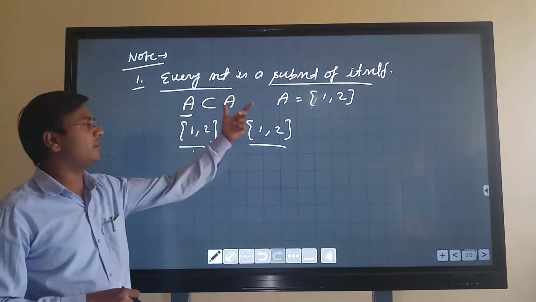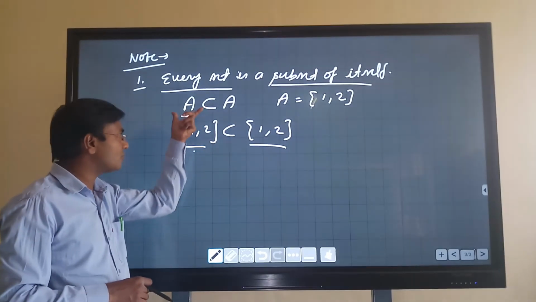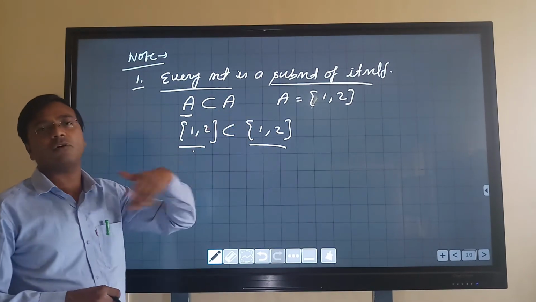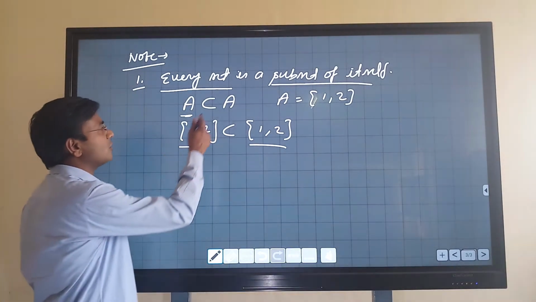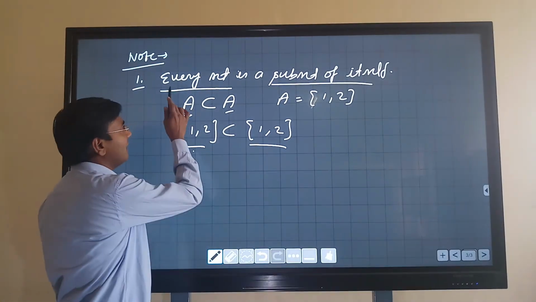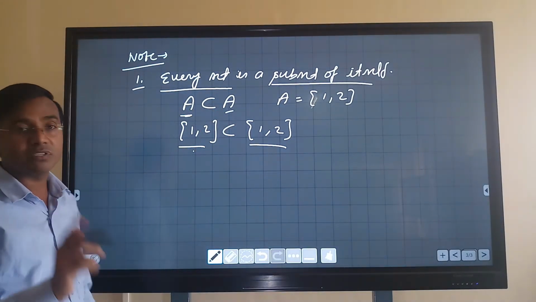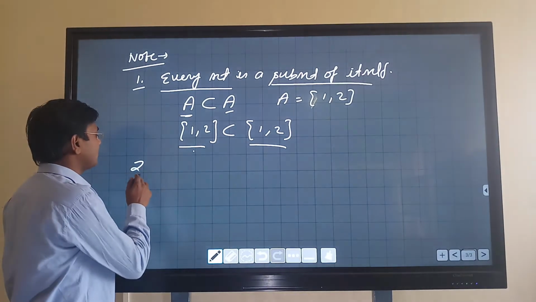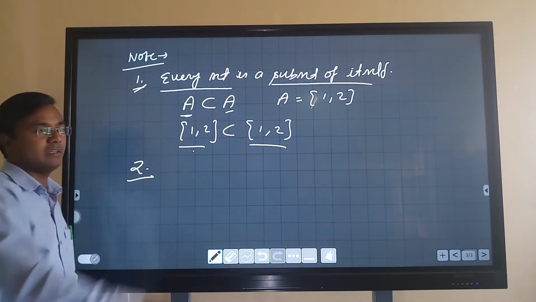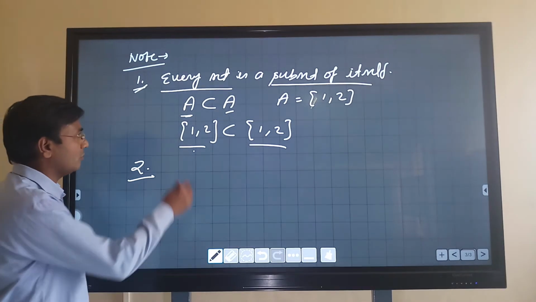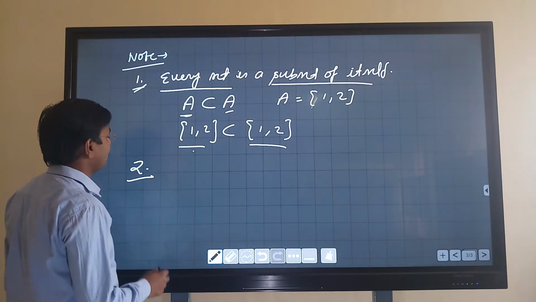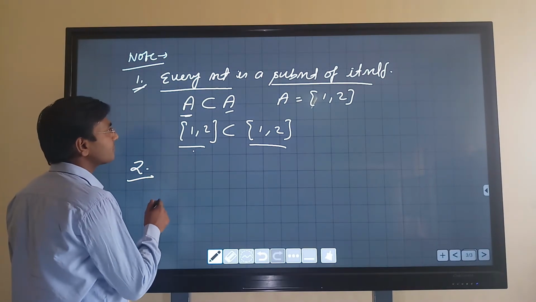1, 2 is here and 1, 2 is there. It means all elements of set A are automatically the elements of set A. So every set is a subset of itself. This is a very important characteristic to be used in many exercise problems. So make sure you learn it. And the next one is,